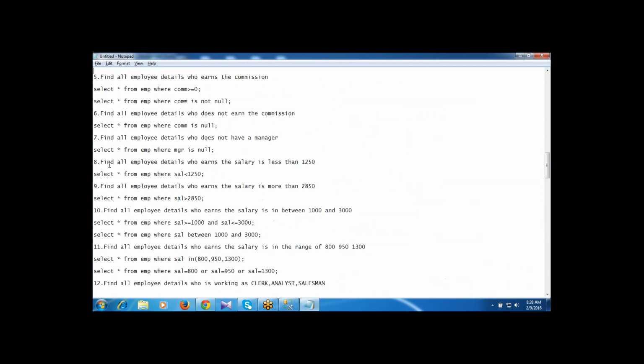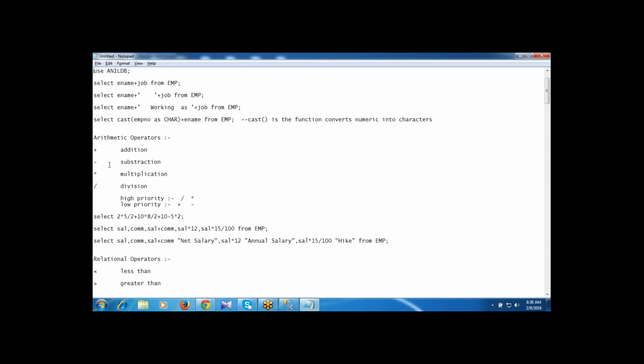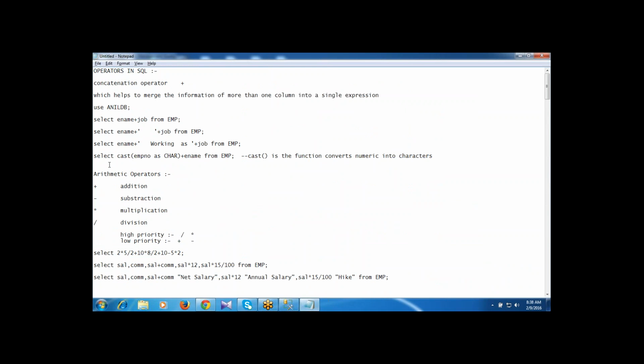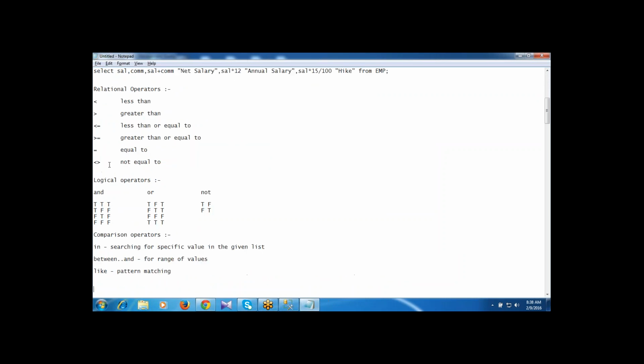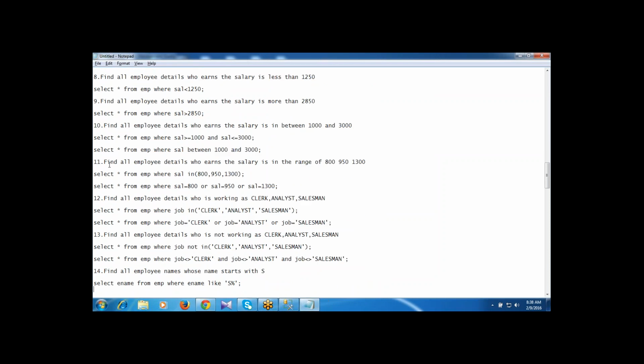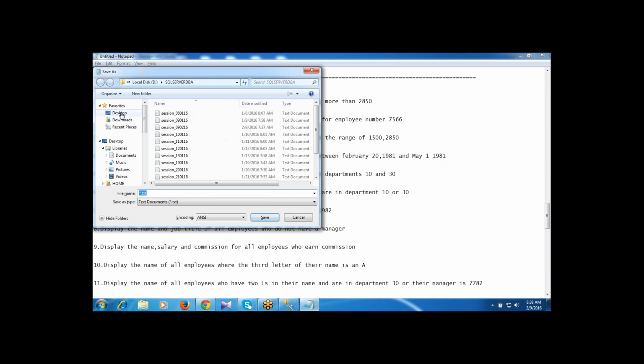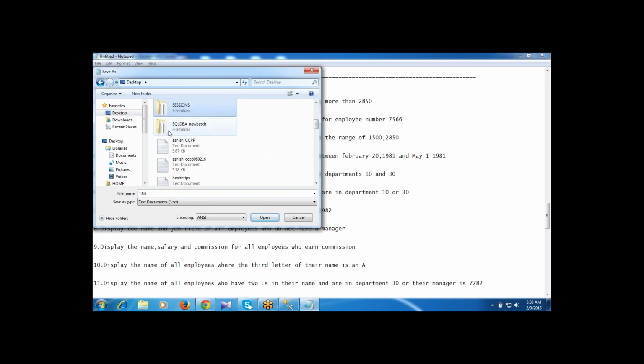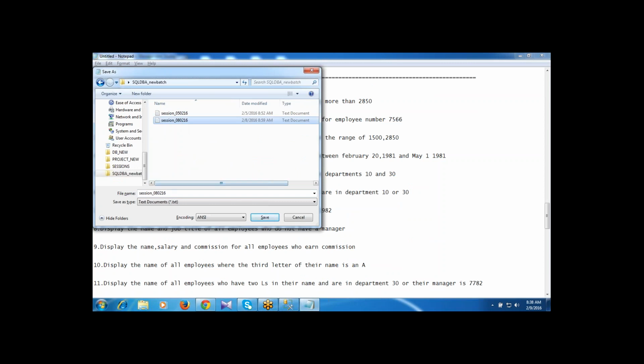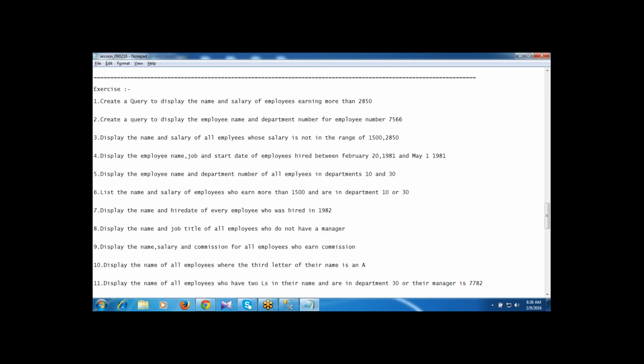If any practice is pending from the earlier two sessions, please complete that, and complete the practice for today's session and do some exercises. And tomorrow we'll have the discussion on the functions topic: string functions, date functions, aggregate functions, and clauses, all the things.